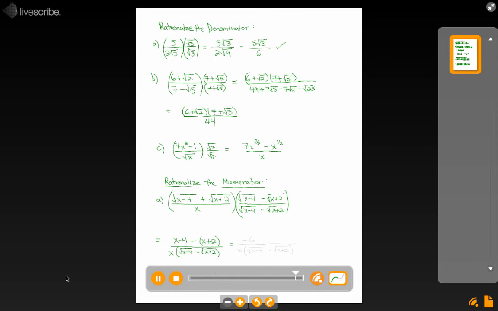The numerator here, though, does simplify fairly significantly in that x minus x is 0, negative 4 minus 2 is minus 6. So the numerator definitely is rationalized, which was the purpose of the step, and you end up with an expression that looks